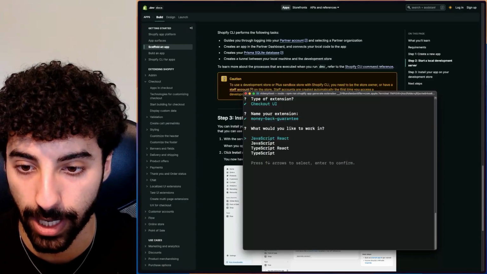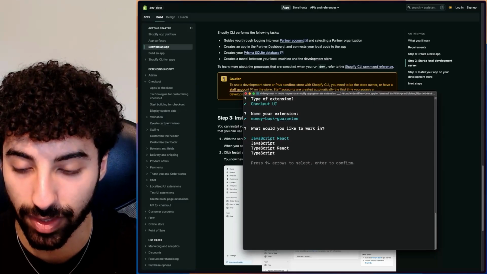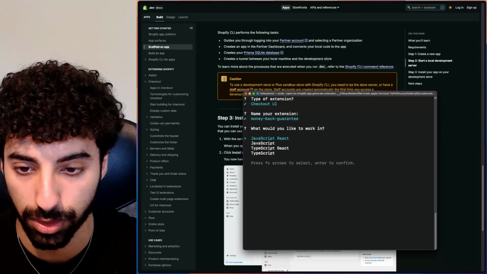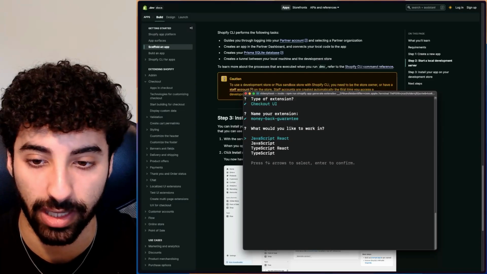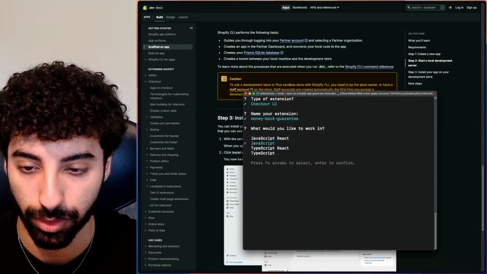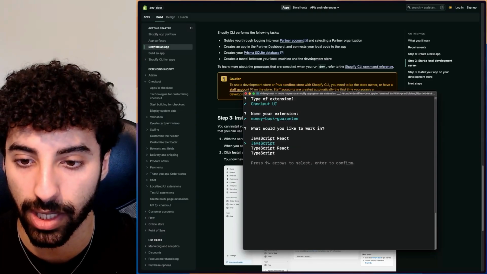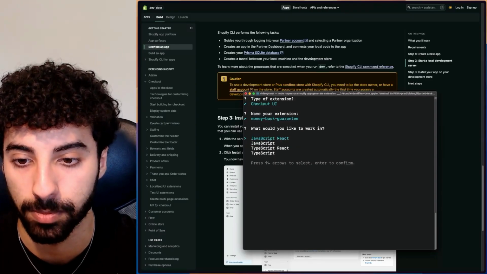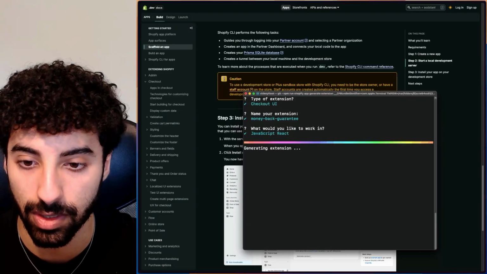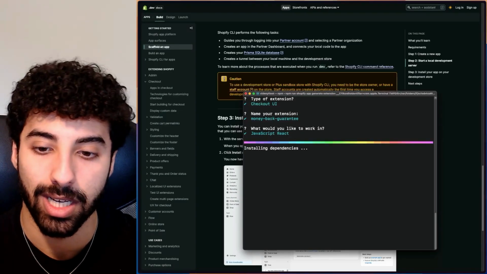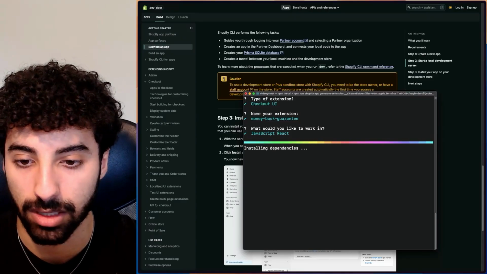You're going to click enter again. You're going to use JavaScript React. It's the simplest one to use if you're not tech savvy. If you're tech savvy, you can select whatever option you prefer here. If you have experience with TypeScript, you can use that. I'm just going to select the default one, JavaScript React, just to make it easy. So you click enter again there, and it's going to start installing the dependencies and everything needed to